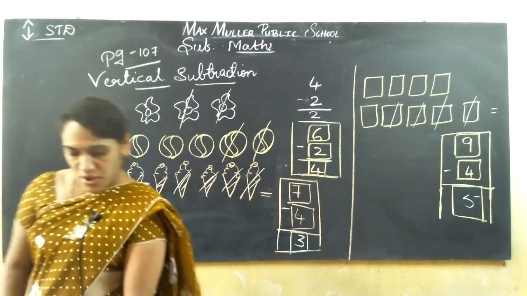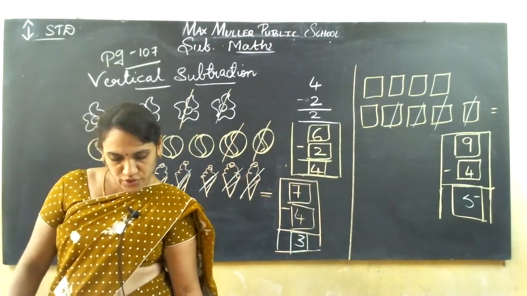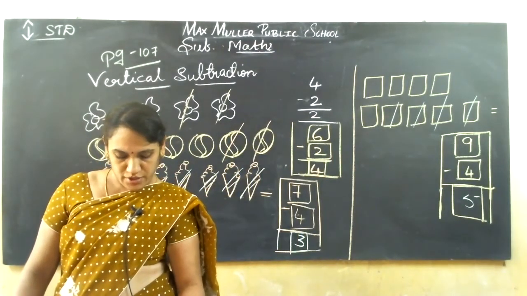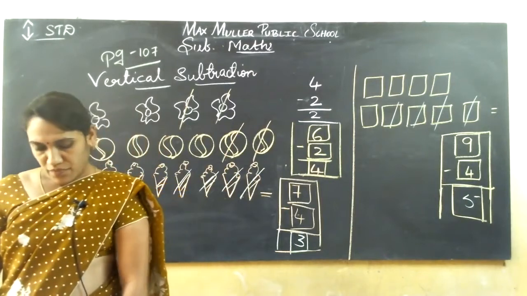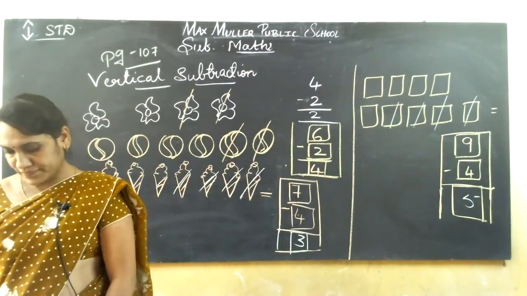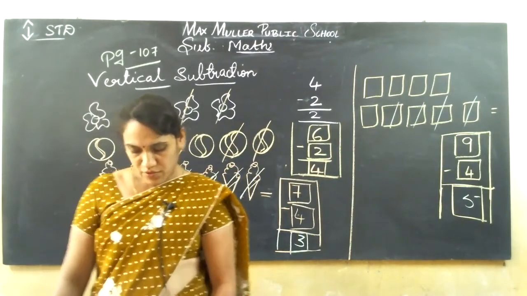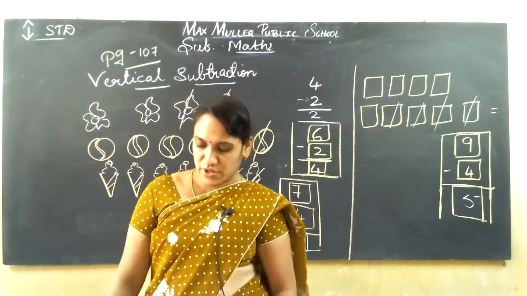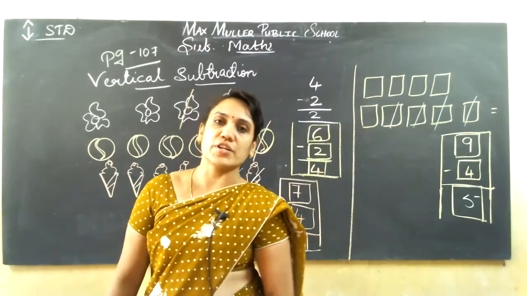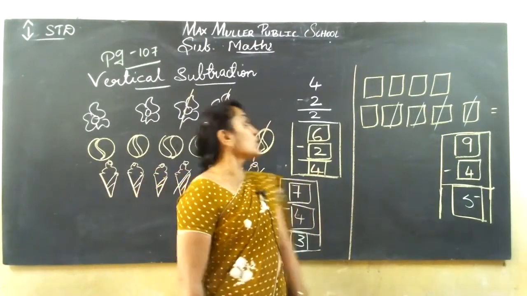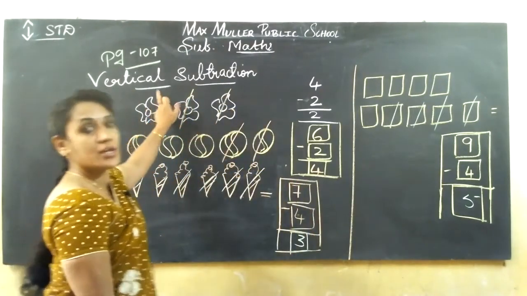Okay, page 108 I can do in the next class, I think. Page number 108, isn't it? Up to 107, we did 106 today and 107. Up to that you finish in the textbook today. That is enough. Then page 108 I will do in the next class.